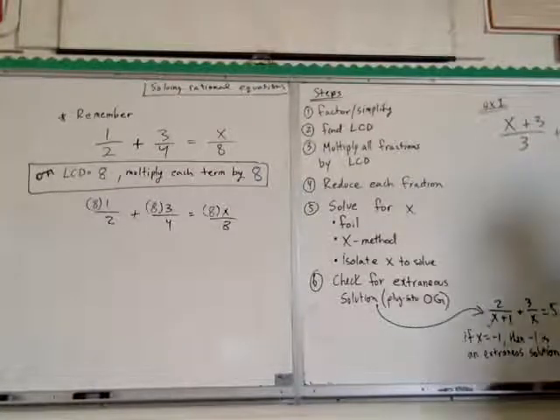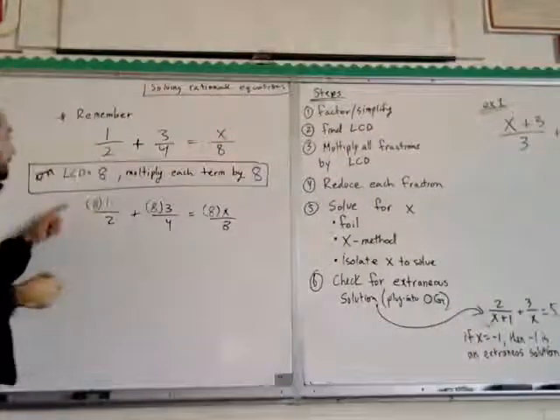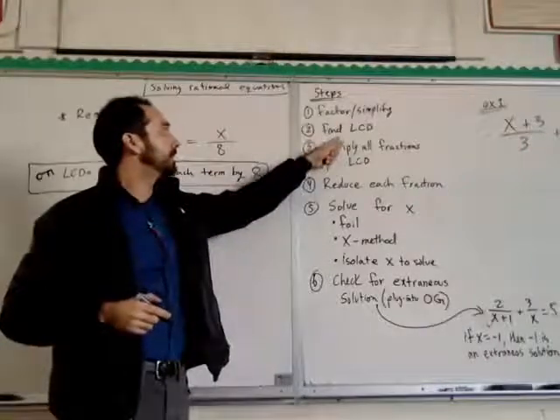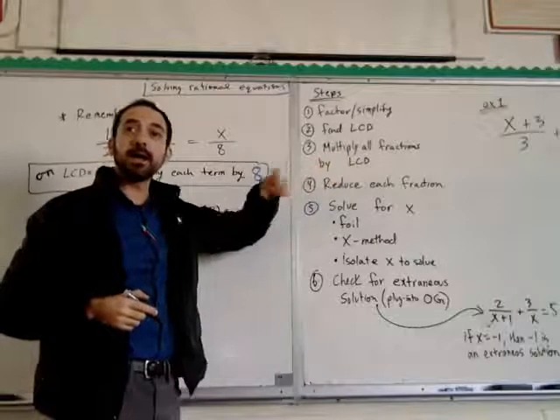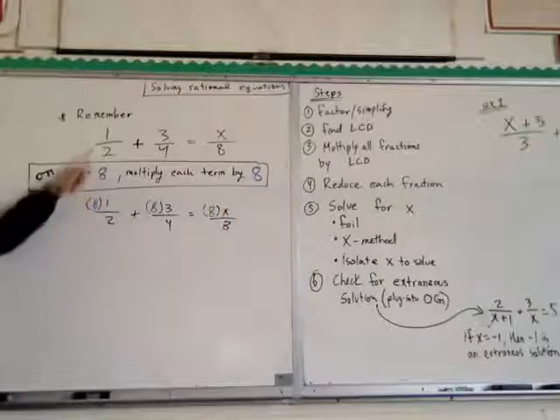But when we are dealing with rational equations, you just have to find the common denominator after factoring and simplifying. Find a common denominator. You're just going to multiply all the fractions by the least common denominator, not top and bottom. You actually end up just multiplying it to the numerator. So if you look between these,